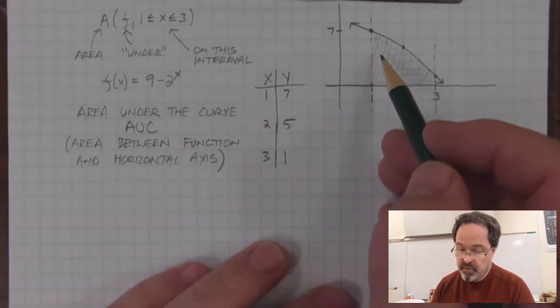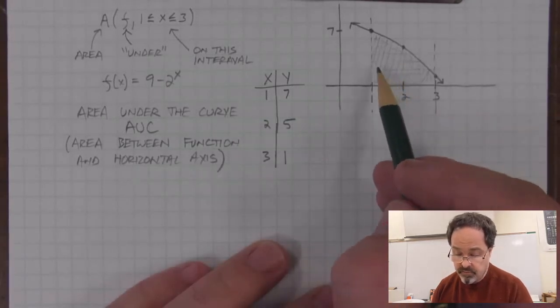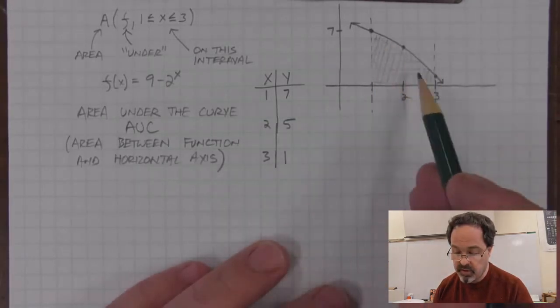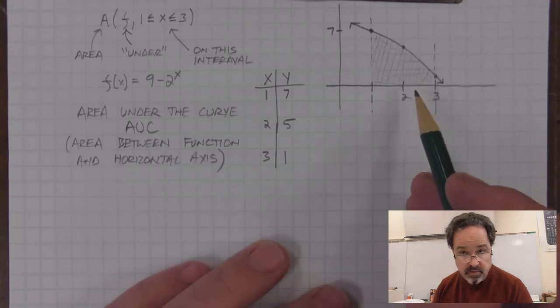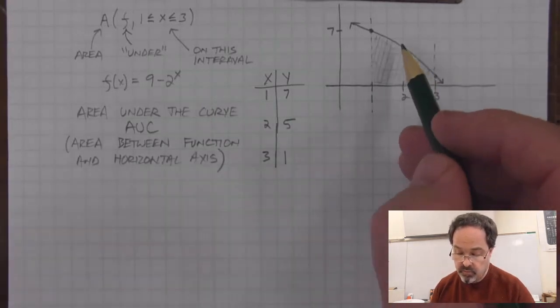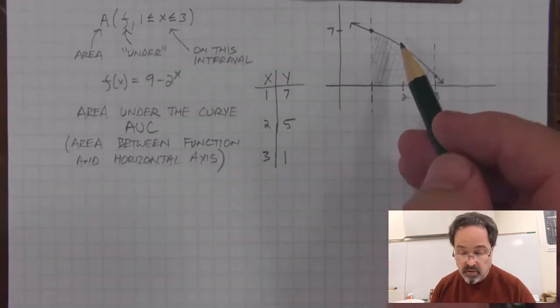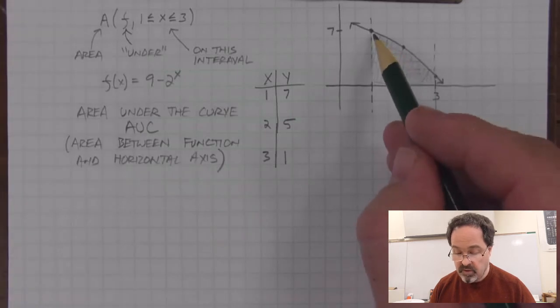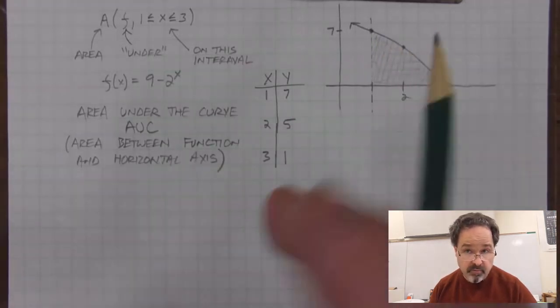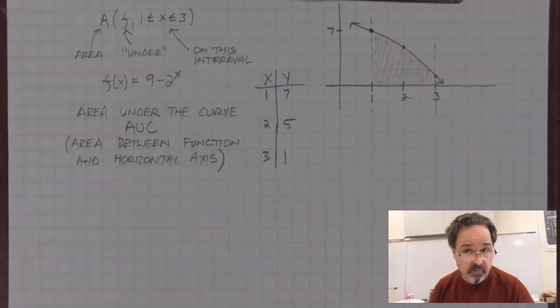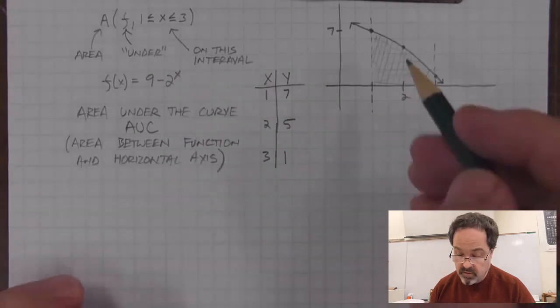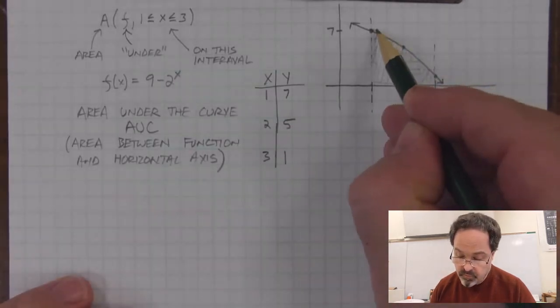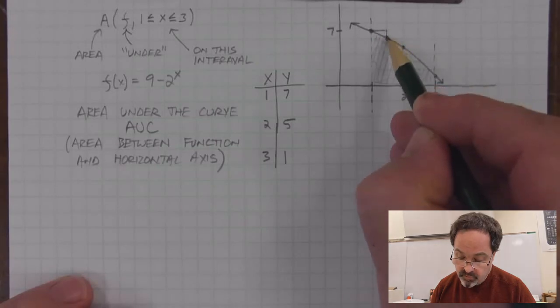And the strategy for that process is to divide this complicated region into pieces such that the pieces are easy to calculate the area of, and then we could add up the area of those pieces. In other words, I'm going to make rectangles